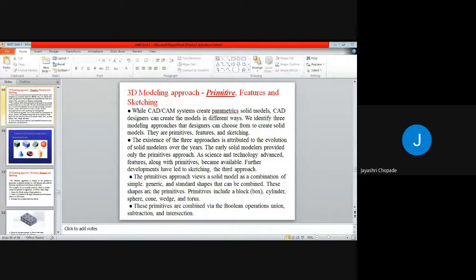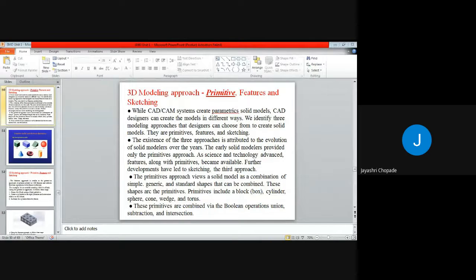Here also, suppose we want to create a cube or a box which has some subtraction or addition, at that time we can use some Boolean operations. So the Boolean operations are union, subtraction and intersection. With the help of that we can create different models.